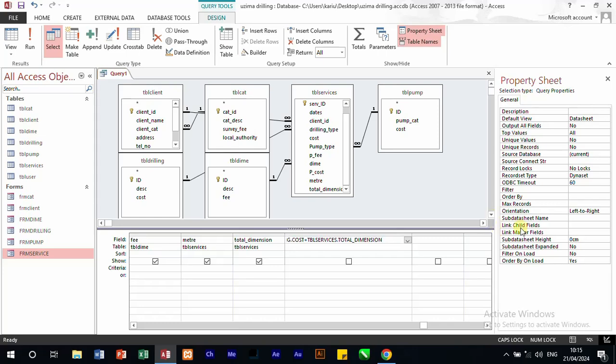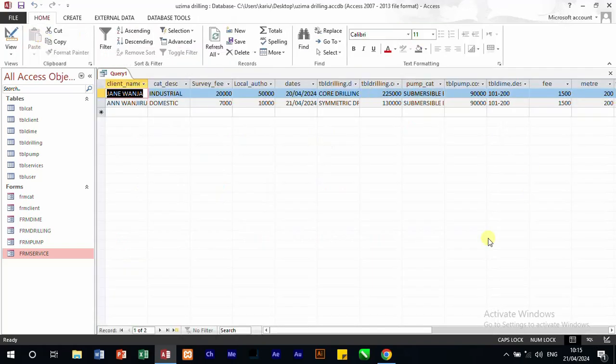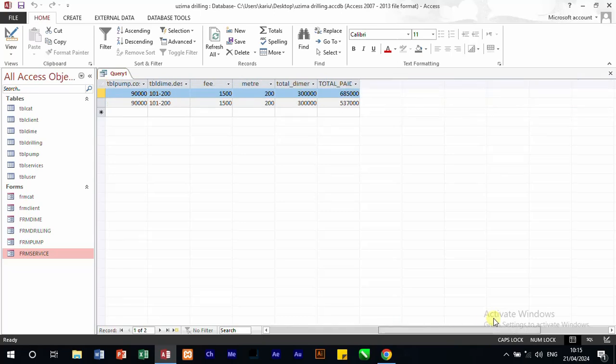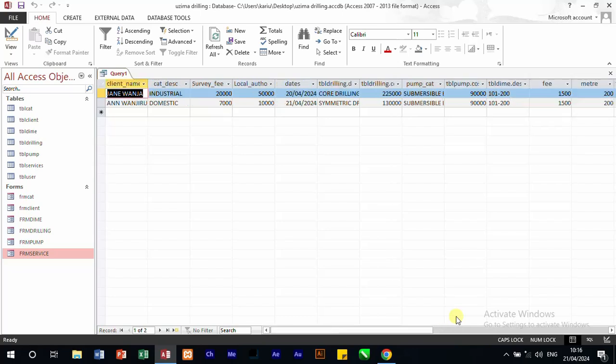And then you're going to add this one, and then you can run. So the total amount that those clients are supposed to pay is that one without the tax. Remember, we can do the calculation in the calculator. We see if